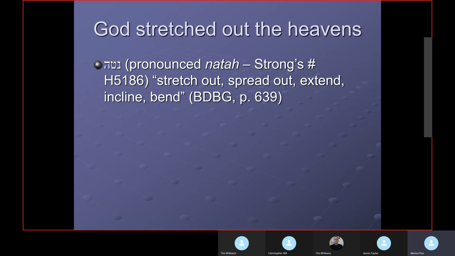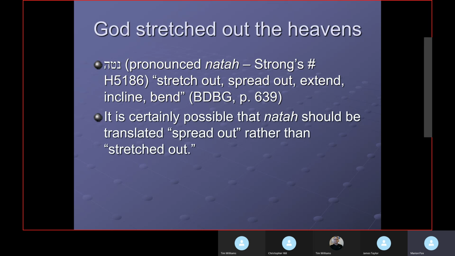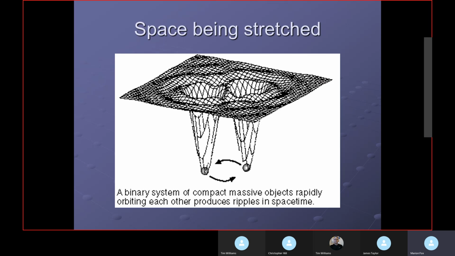I come back to this word, natah, in Hebrew: stretch out, spread out, expand, incline, or bend. Now, it's certainly possible natah should be translated spread out rather than stretched out. That's possible, but let's look here. Space itself can be stretched. We can see this. In fact, here is a